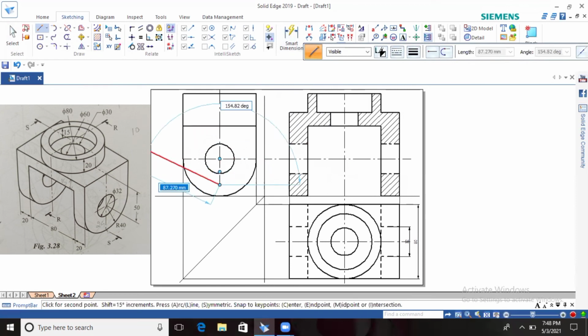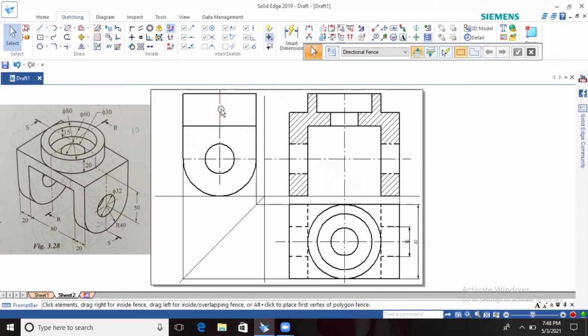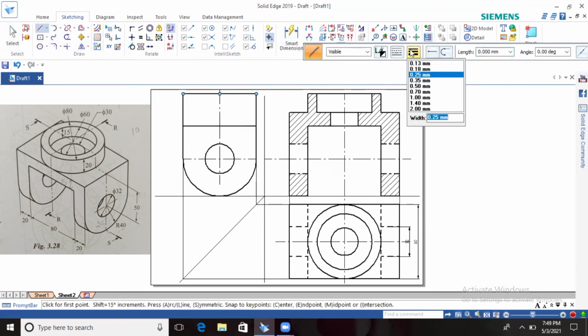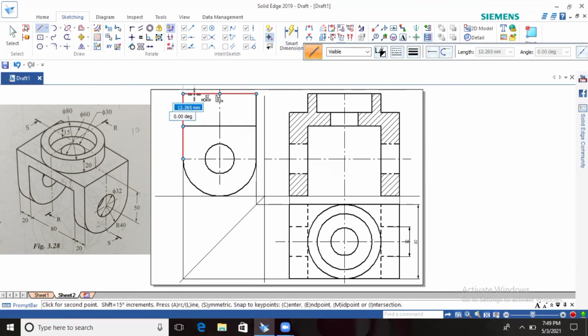You can take the distance from the center. Take the line command, and the distance of the circle, 80 minus 60 is 20. Both sides will be 10. So take a distance from one end point, and the thickness is 20.